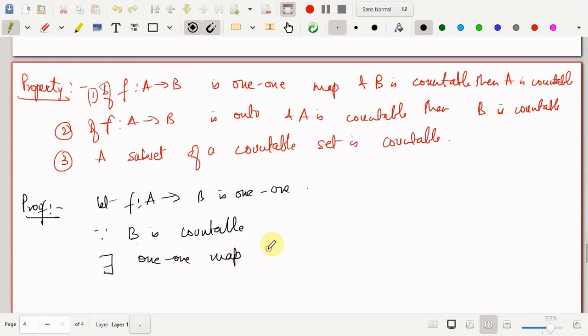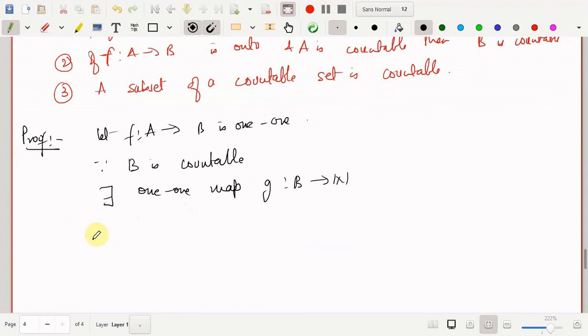The reason is very simple. If you have a 1-1 map and you want to show that A is countable, and if you can compose this map and find a map from A to N by this composition, then it is again going to be a 1-1 map from A to N. So if it is a 1-1 map from the set A to the set of natural numbers, then again by the previous property you can say that set A is countable. So that's very simple. Combining these two, therefore